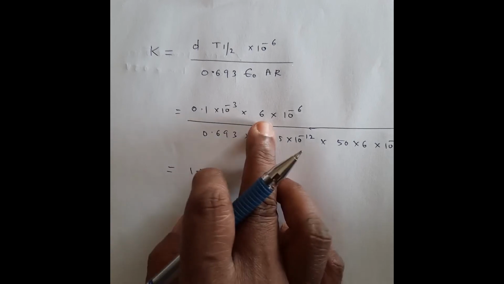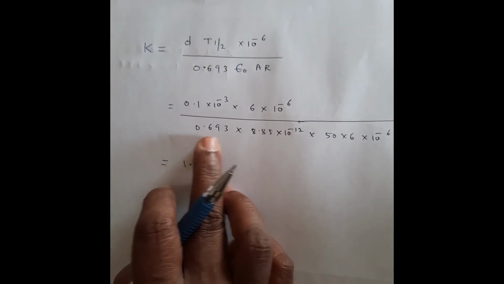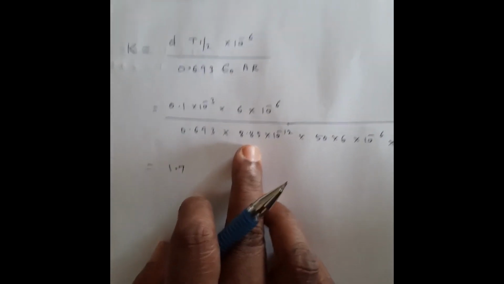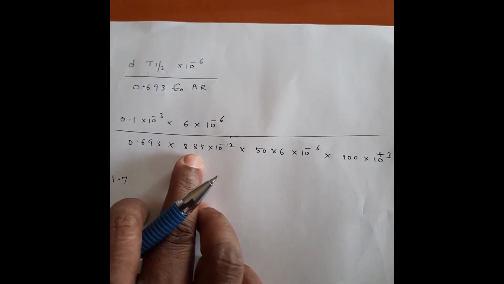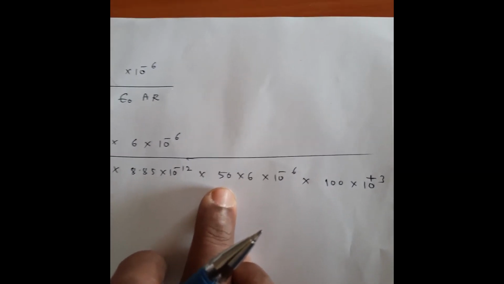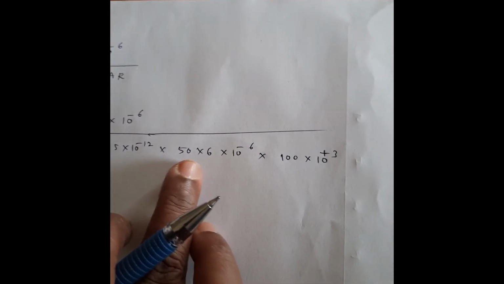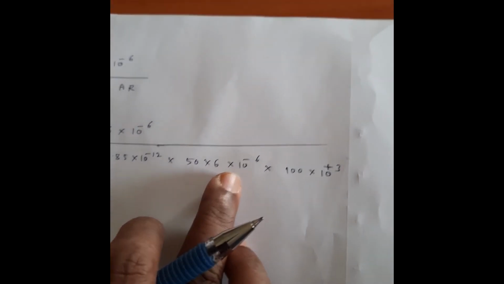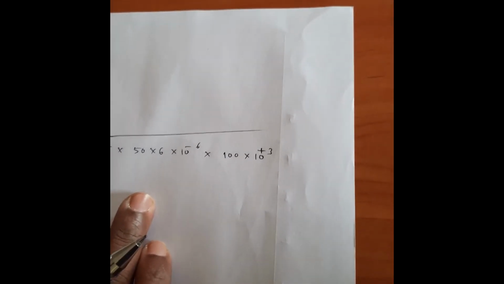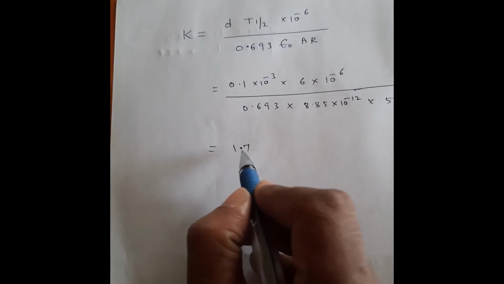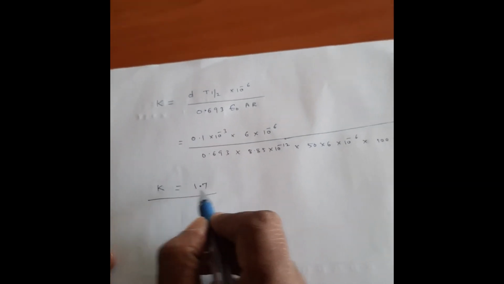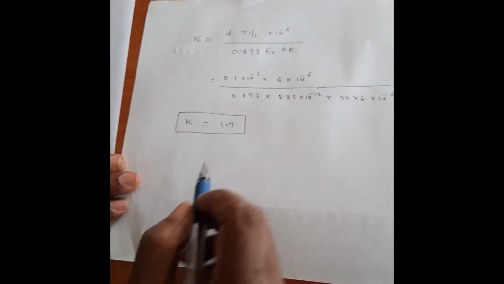Here 0.693 is in the formula, and epsilon 0 is the permittivity of free space, that is 8.85 into 10^-12, and the area is 50 by 6 mm square, so that is why we took 50 into 6 into 10^-6. On simplification, the dielectric constant of the material used for making capacitor C1 is found to be 1.7. So this is the solution for the experiment, and this is the value of K calculated.